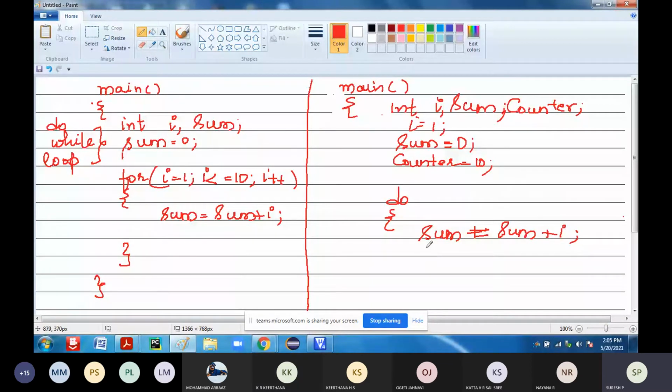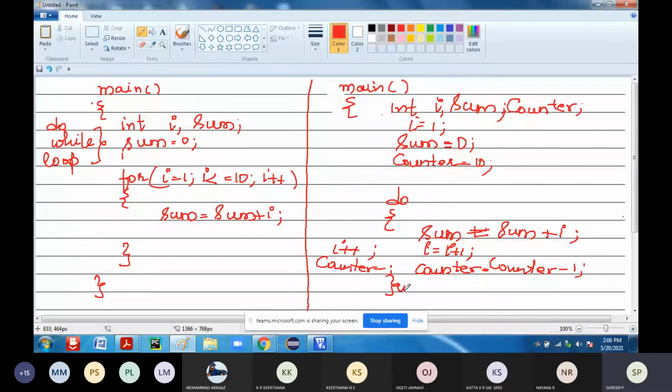I. Your i will be equal to i plus 1, right? Next, what do I need to decrement? Counter. So your counter will be equal to counter minus 1. Either you can use i plus plus or counter minus minus, right?